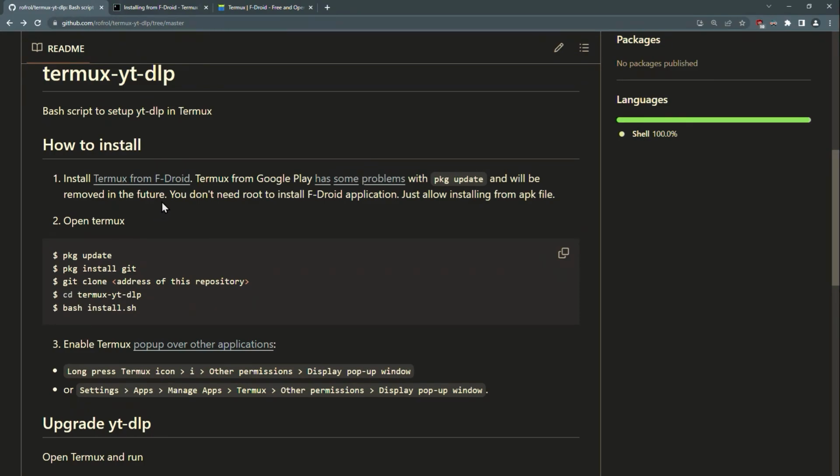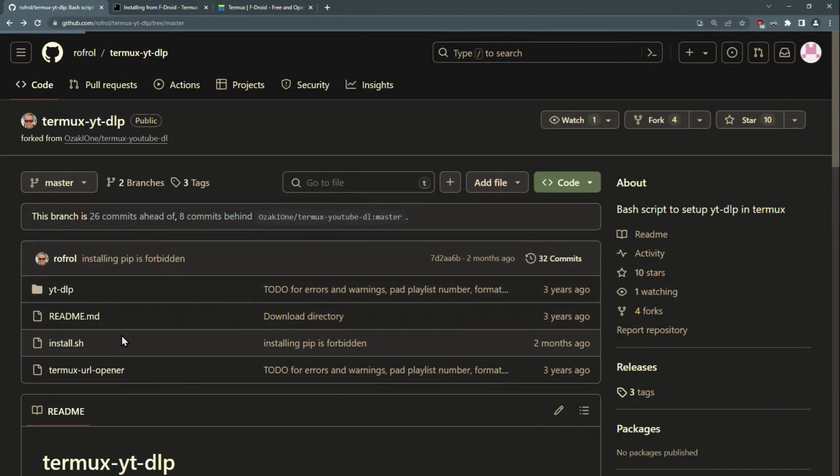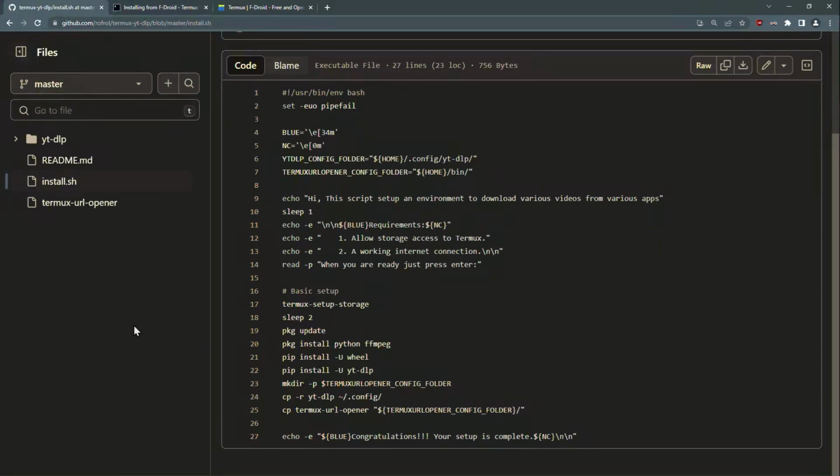So again, F-Droid first through their website, then Termux, then pkg update, pkg install git. If you trust the script, git clone this thing, change the directory, bash install. If you don't trust it, you only do pkg update. And then after that, these three commands, each individual, wait, say yes if they ask you something, and then all the rest, and then it works. At the end of my video that I'm going to attach here, you have the end result, which is like